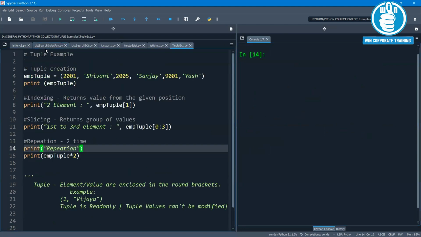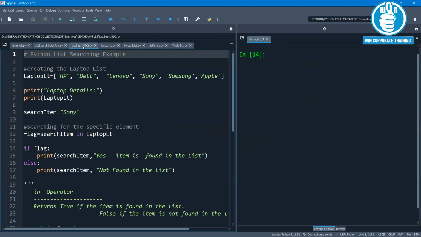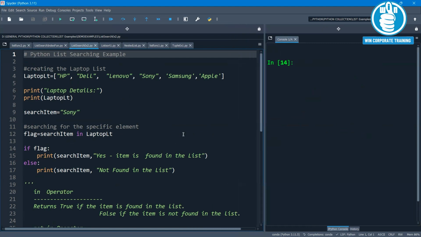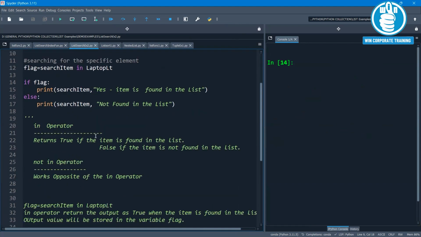In the next example, we are learning how to search a specific value in the list. So as usual, I have created my list and I have also given my search item. The operator that I am using here is the in operator. The in operator returns true if the item is found in the list, and it returns false if the item is not found in the list.